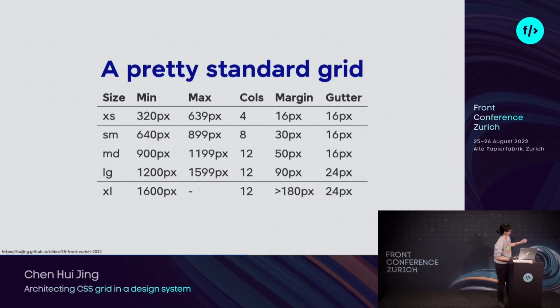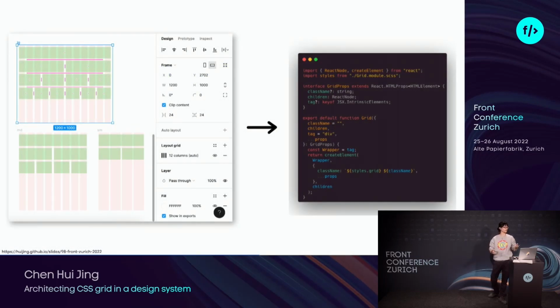So here we have the specifications for a rather standard looking grid, whereby it has different values to accommodate a range of viewport sizes. You know, when it's small, then do 4 columns, bump it to 8 when wider, a little wider, do 12, that kind of thing. And so there are plenty of different approaches you could take to write CSS code to implement those specs in an application powered by JavaScript.